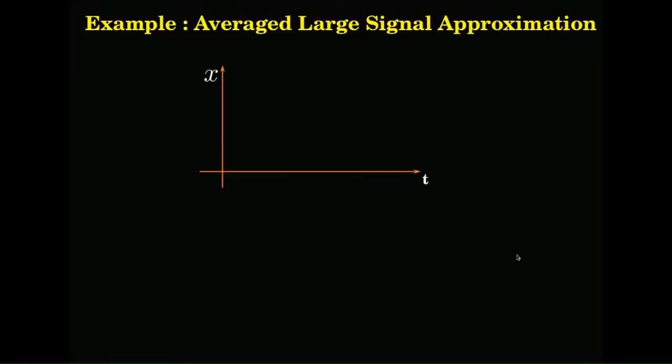So, let me take here a plot. On the x axis you have time axis, on the y axis you have some state variable. It could be current, it could be voltage, whatever, some state variable. Let us say, for example, in this present case we have inductor current, and let us see how it looks like. It looks something approximately like this. You have this buck converter, we know how the inductor current is going to be, right? It rises, falls down like that. So, this is a carrier frequency period Ts.